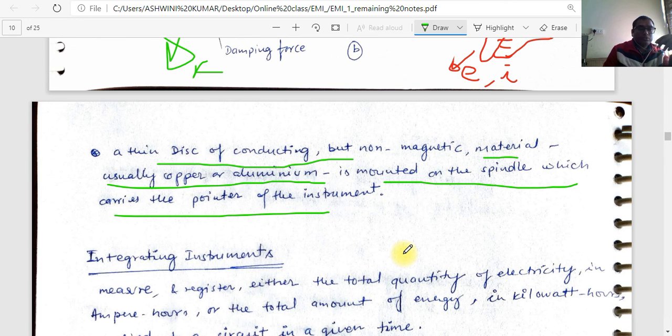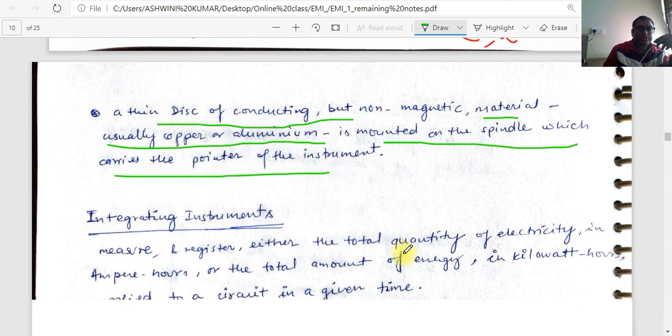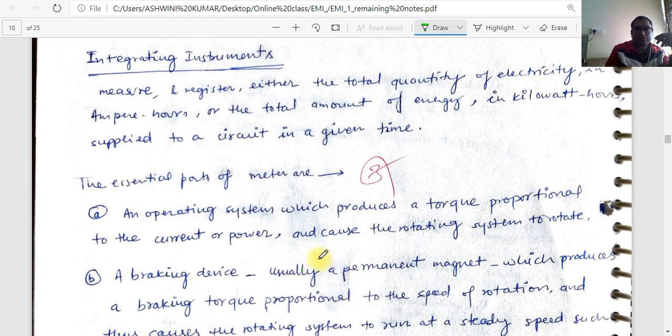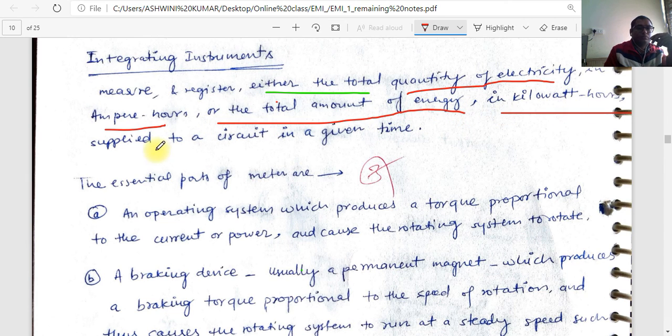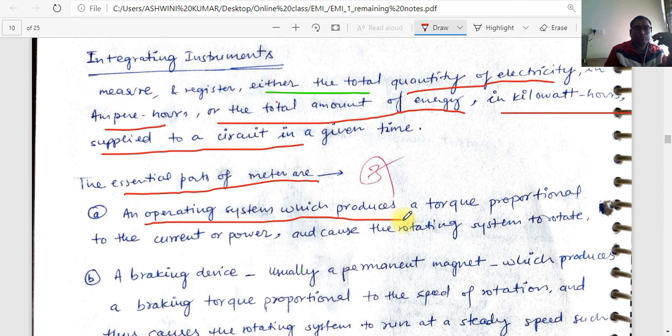Now we will study the integrating instrument. What is the integrating instrument? It measures and registers the total quantity. What is the total quantity? The total quantity of electricity in ampere hour or total amount of energy in kilowatt hour supplied to a circuit in a given time. The essential parts of the meter are: the first one is an operating system which produces a